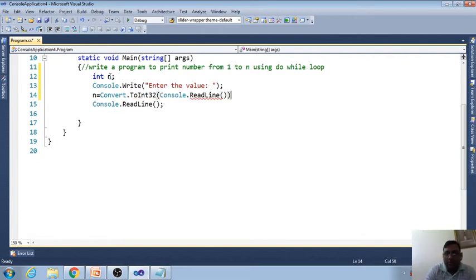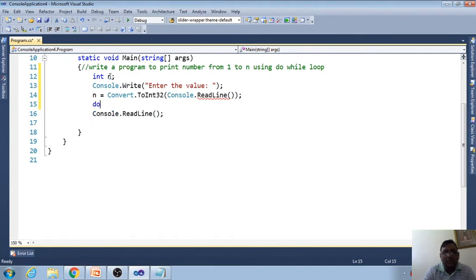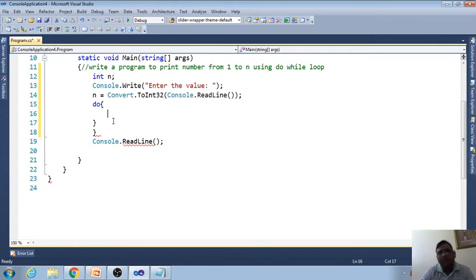And now we will start the do, with the curly braces, and I will close this bracket also because I'm going to write in between these. Here I will print with Console.WriteLine.